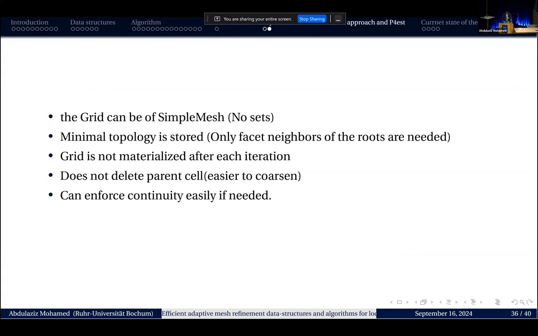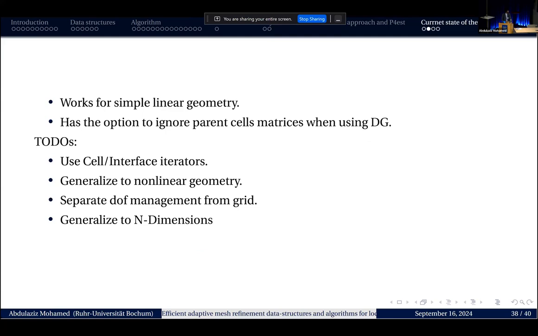What's the difference? The grid can be a simple mesh, or it's a generic grid. The topology is very minimal. We actually don't need to store the topology. We can just compute it on the fly. The grid is not materialized after each iteration. It does not delete the parent cell like other approaches, but we can delete the parent cell, and we actually ignore the matrix of the parent cell in our implementation because it's fully deactivated, and we can enforce continuity easily if needed. The current state: it works for very simple linear geometry, and